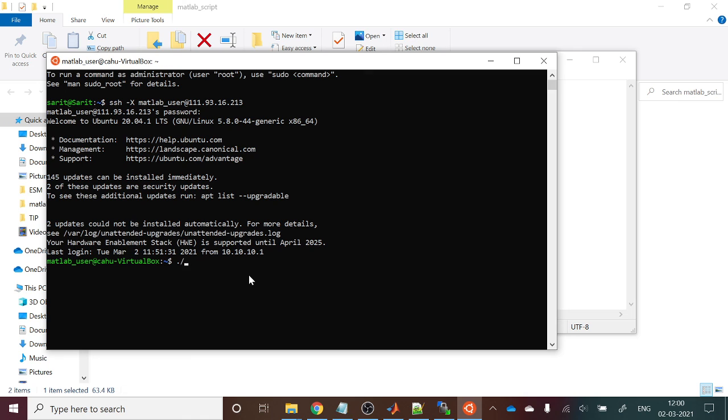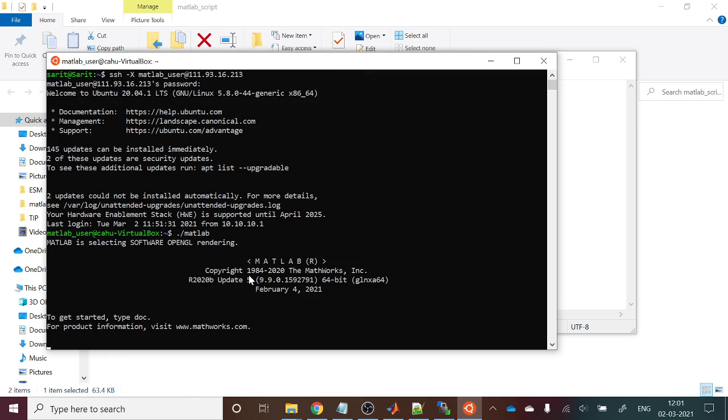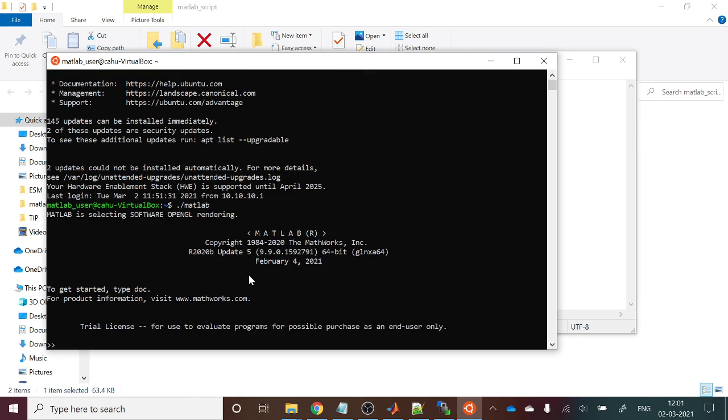Now if you type the same commands, same process. Now the remaining process is exactly the same. MATLAB will open. Other things, everything is the same. So for Mac OS and Linux, no need to install all these three softwares. Directly you can do it from your terminal window. So the other process, whatever I have shown, is exactly the same here also. So now you can do that.